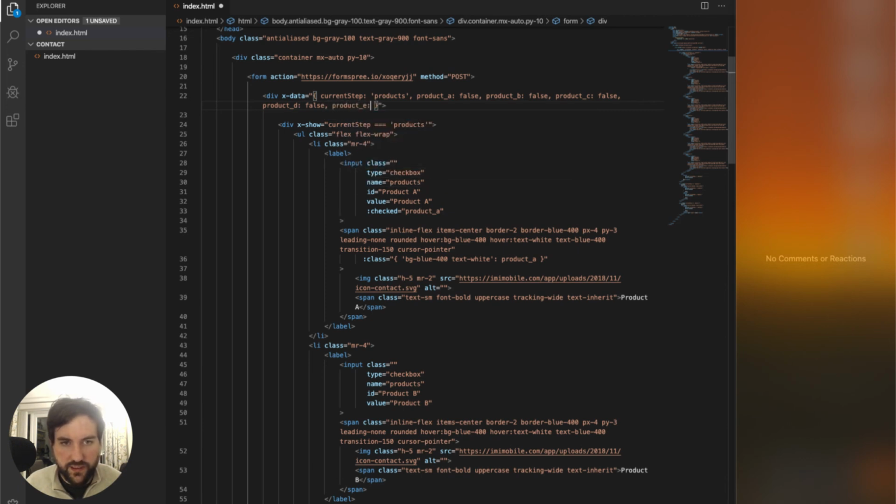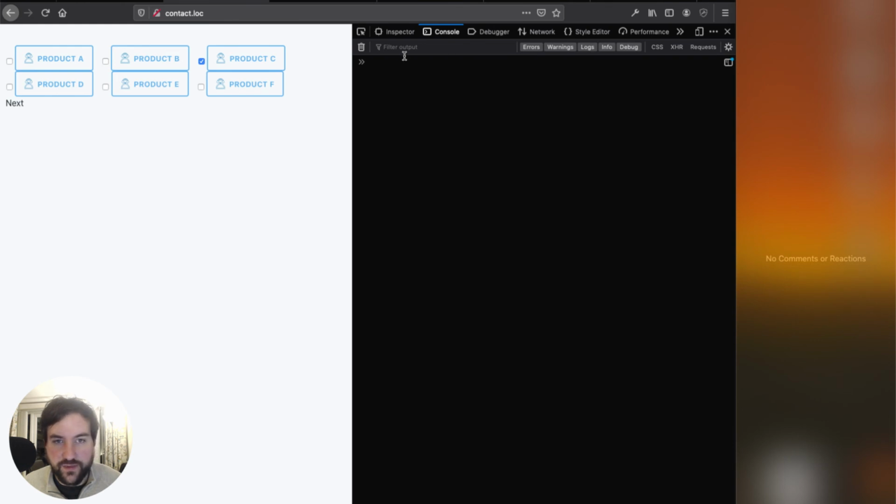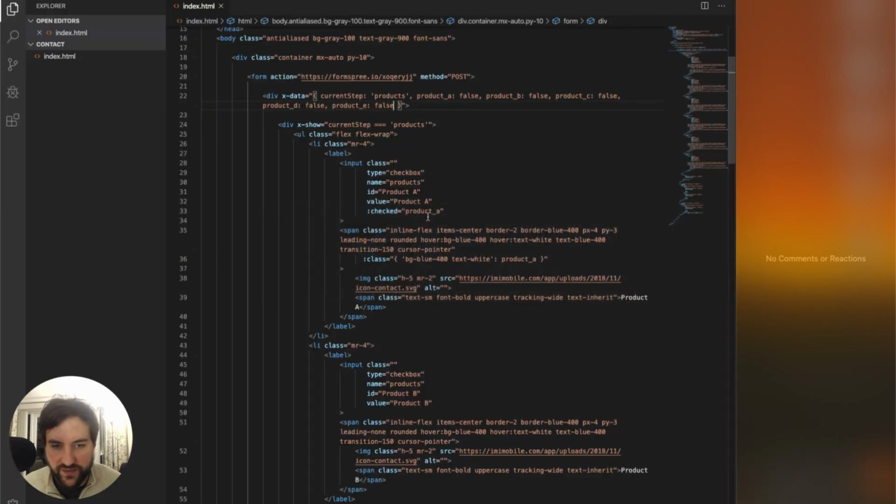Product E is false. Now, obviously, this isn't particularly clean. It's a little bit hard to maintain. So if we're going to do this, we'll probably, in the live version, move this into a function so you can make it a little bit easier to control. But if we just do that, we can now see that it is working as we expect. However, what we expect to see is not happening if product A